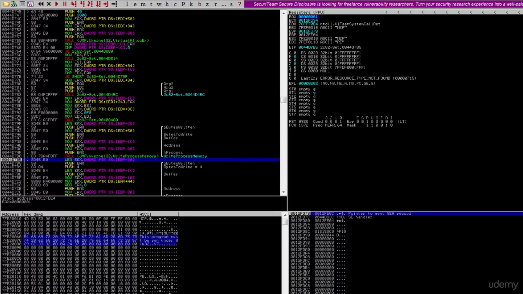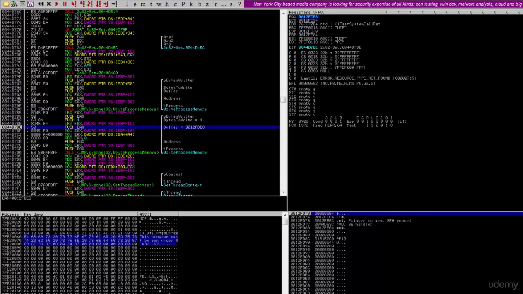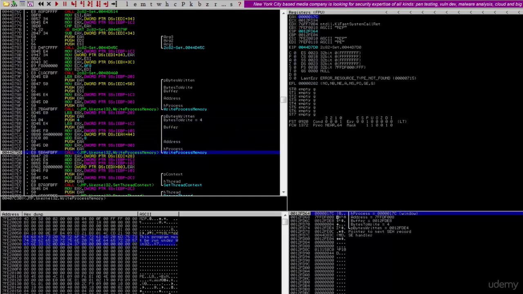After that, there is one step more to be done by the binary. Another write process memory. And this is very important, guys. Since the malware is injecting a new binary into Internet Explorer, in other words, it's actually injecting into a new memory space inside Internet Explorer, it needs to align the execution code with its own base address. If you remember, the base address of Internet Explorer was not 400000. You remember it was